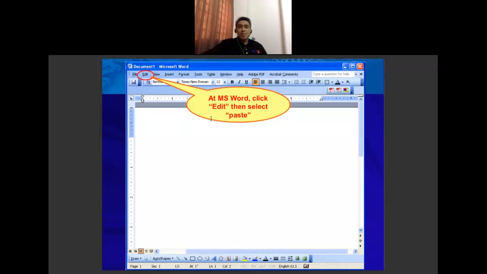Your figure will appear in Microsoft Word. So that's how to copy a waveform from MATLAB Simulink into Microsoft Word.